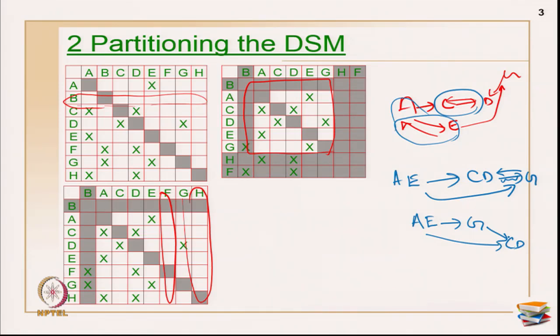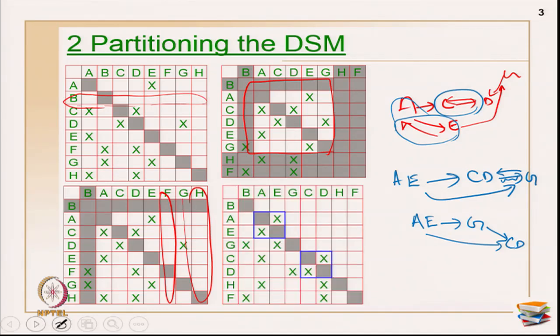So, easily you will find the sequence when you are evaluating in a graphical format. Activity B is the first activity, H and F are the last two activities, AE is one particular block as I have highlighted, and CD is another block. G is the activity in the middle, which is receiving inputs from AE and giving inputs to CD. With this I have identified how to execute.